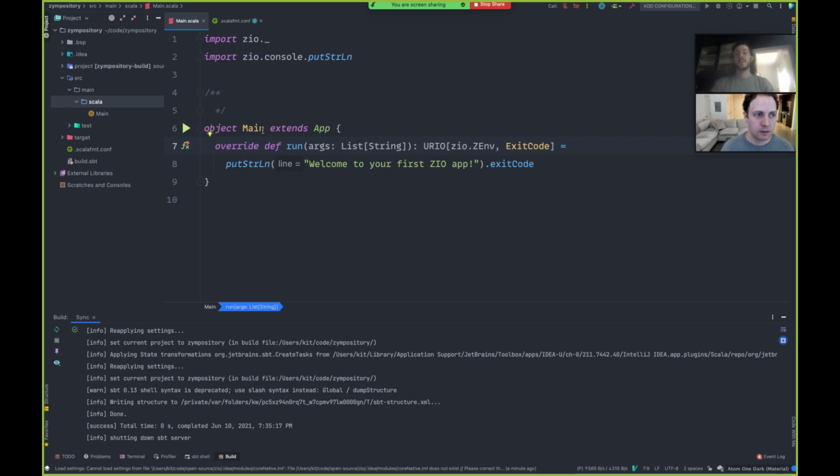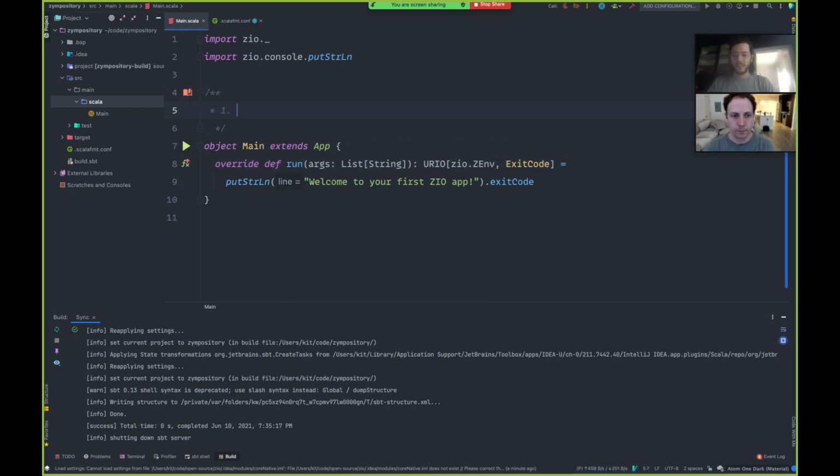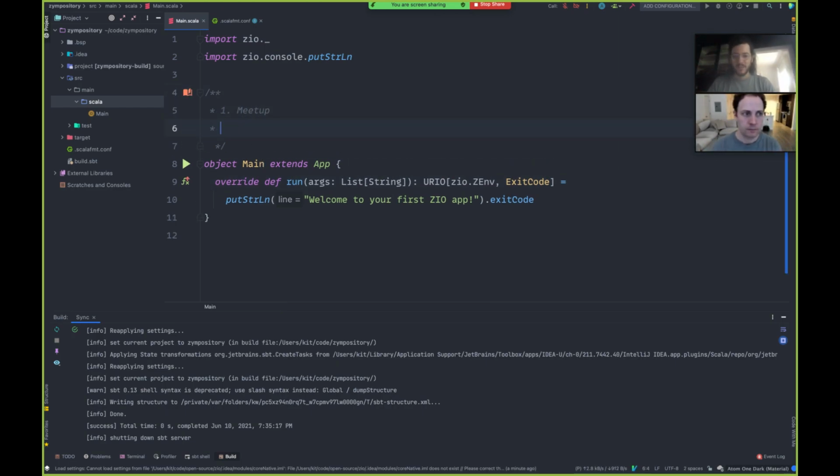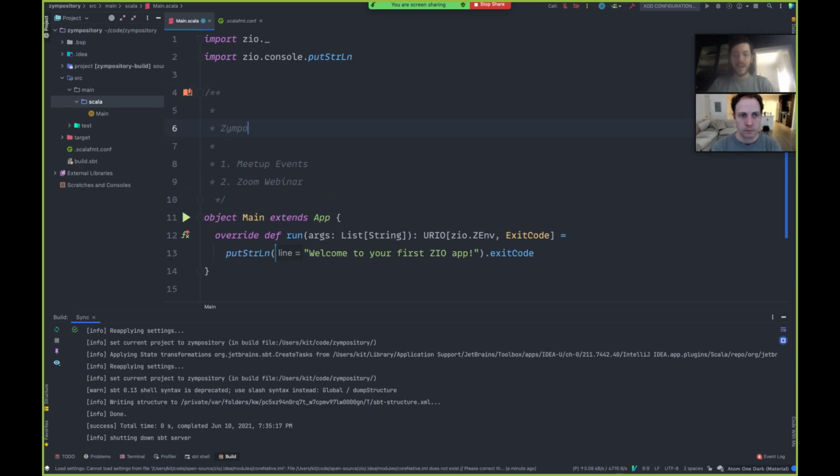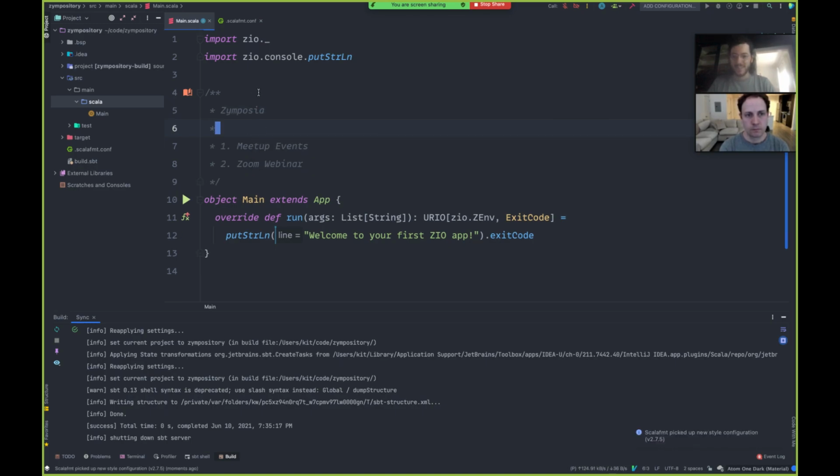Okay, all right. So, in order to start with just some terms, we have Zoom webinars, we have Meetup events, I believe they're called, and we want our domain to be these symposia, and I will add that to the dictionary on my IntelliJ.